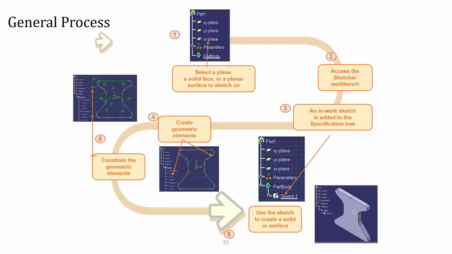This is the general process. First you have to select a plane for the sketch, then complete the sketch, and after completing the sketch you have to provide the constraints. You have two color lines, one white and one green. White means the sketch is underdefined. Green means the sketch is fully defined. If the sketch is fully defined, you cannot move it, it is rigid. Finally you can use the part design module to convert the sketch into a 3D component.